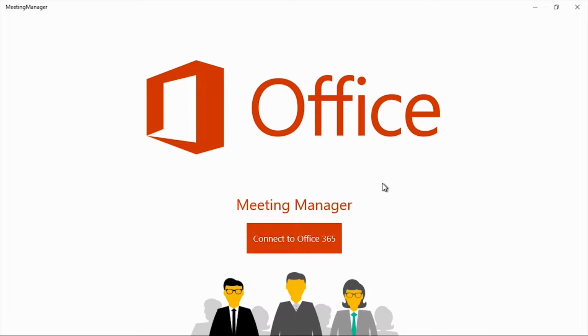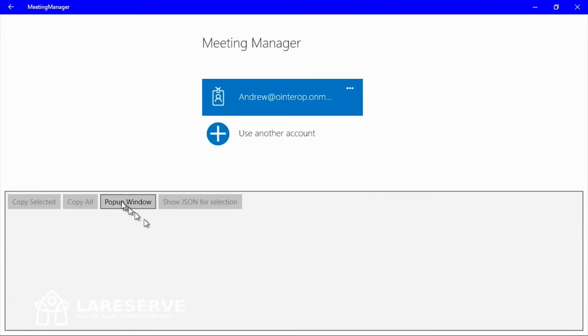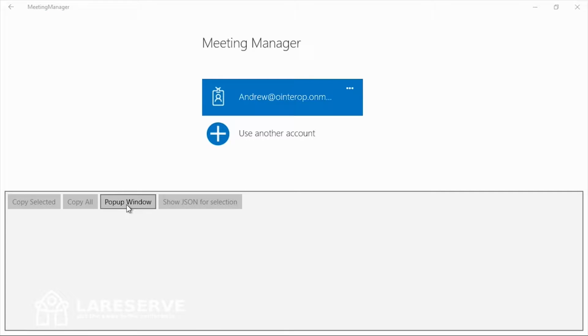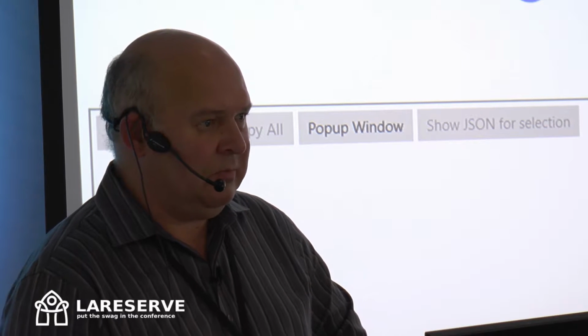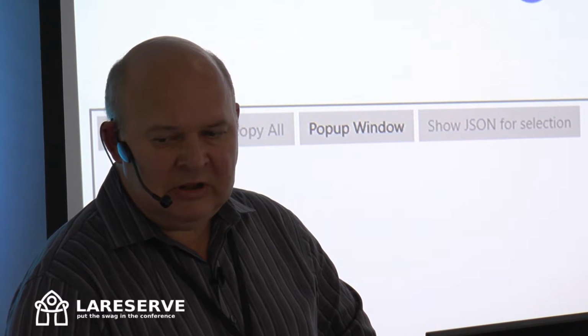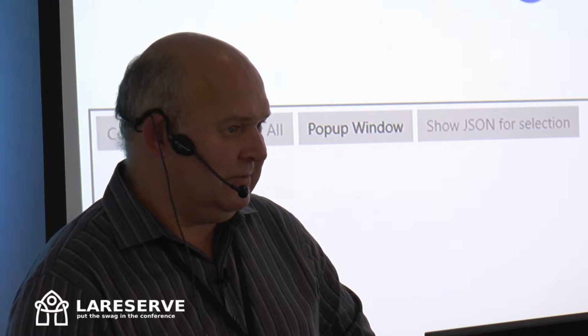So this is our sample application. I press connect to Office 365. I'll press this button. I will explain later what it's doing. So now we are in this interesting screen. This part of it is displayed by Office 365. It is not the application part. In fact, the application doesn't even have access to this data.